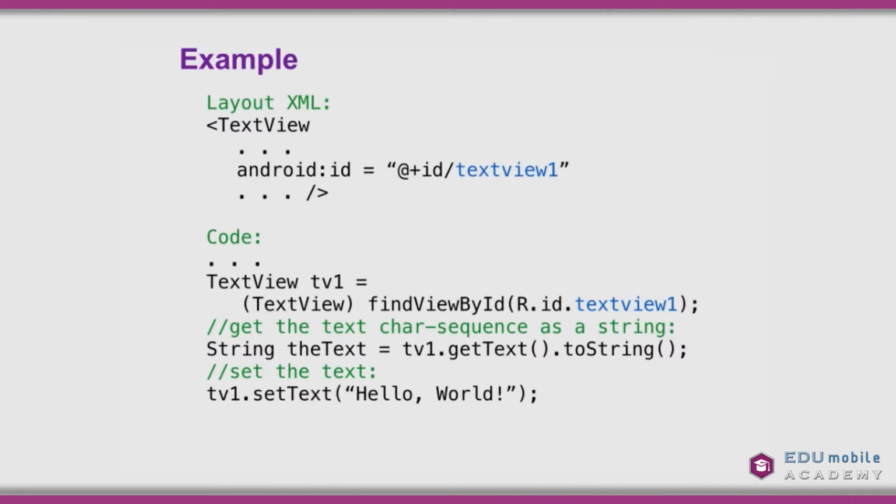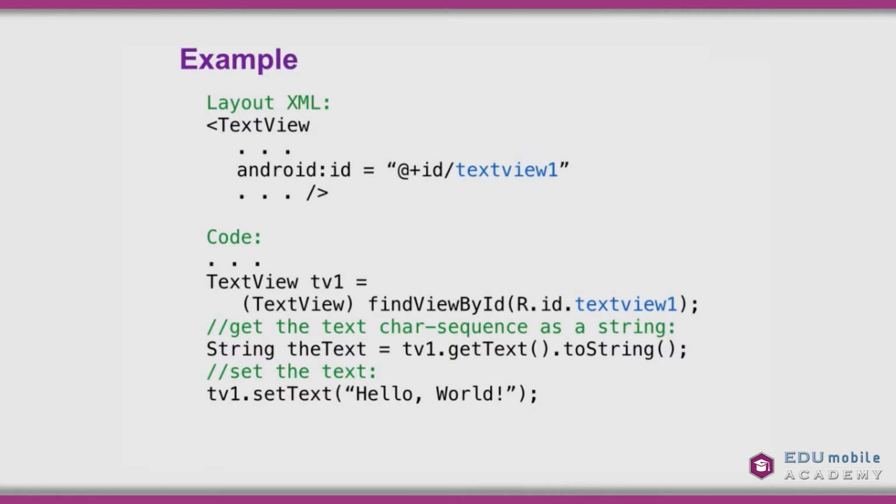We don't care what that number is. Under the hood is the only place where the actual identity of that integer value is important. So in code, we can find it. We have created a TextView1, we have instantiated a text view called TV1, and assigned it the return value of findViewById with R.id.TextView1, in other words, the ID we set up in the layout XML file, and we have cast that as